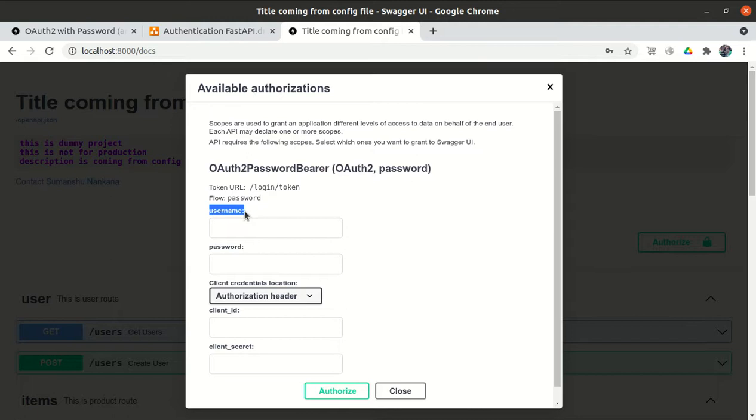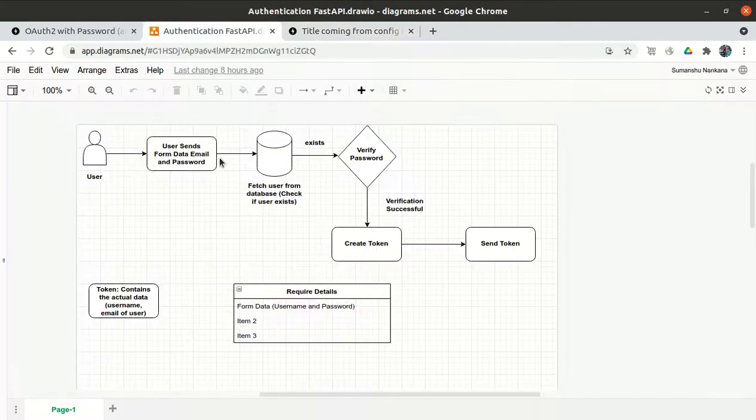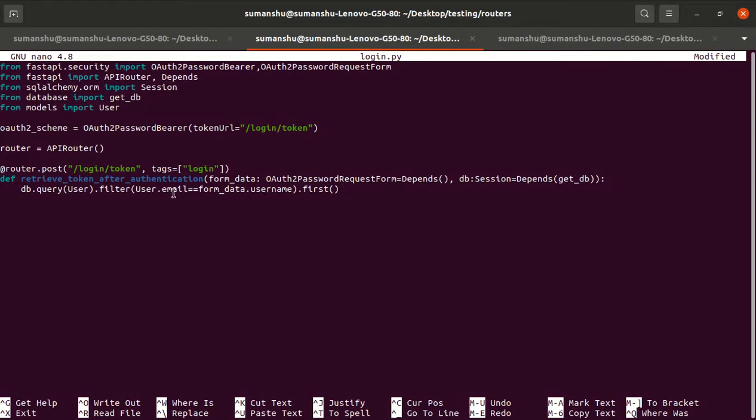Here it is written username only. So that's why we are using form_data.username, but actually we have to check the email, because in the username field we are passing the email. It is just a name, but actually we are passing the email.